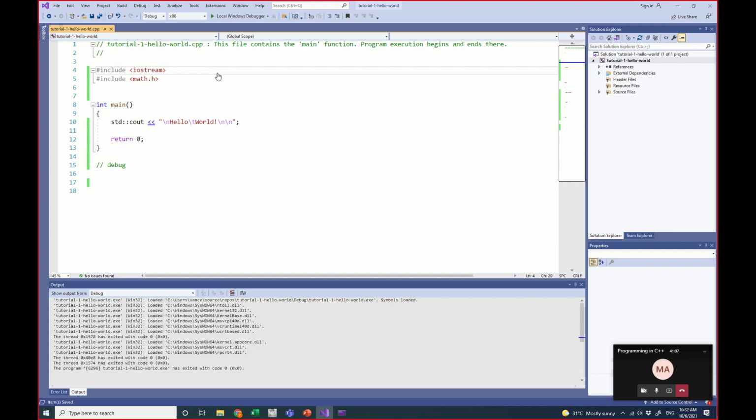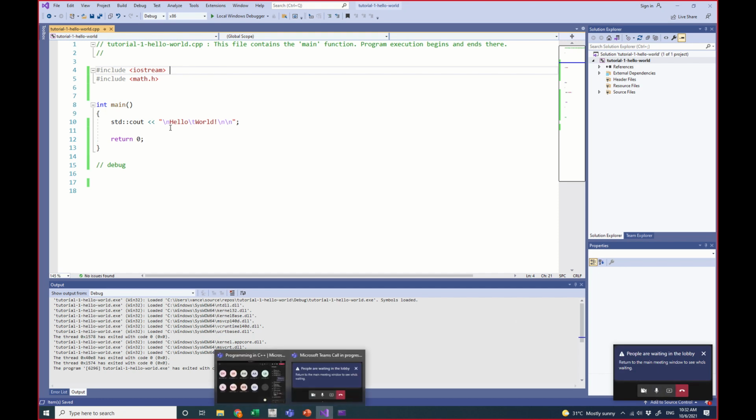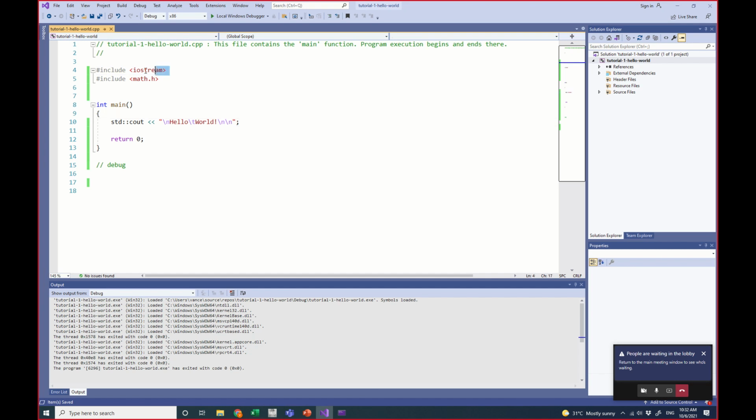iostream means input output stream. This one has cin and cout. If you want to read user input, you use cin. If you want to print the output, you use cout. So in order to use cin and cout, you have to include iostream, and cin and cout are sitting inside